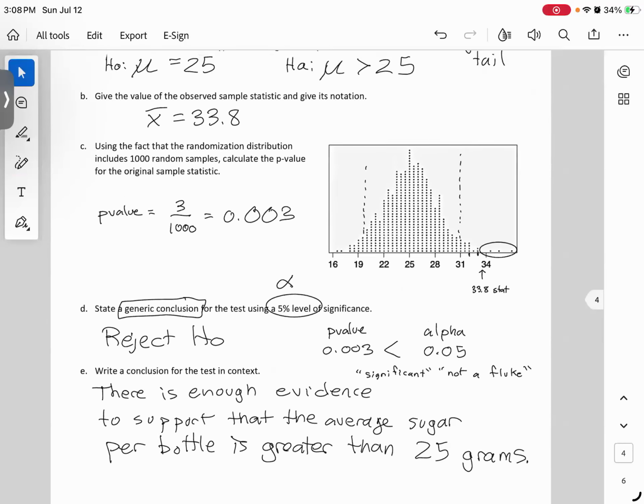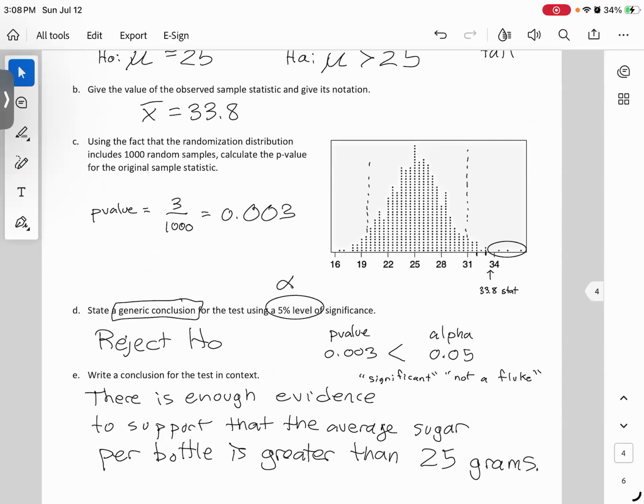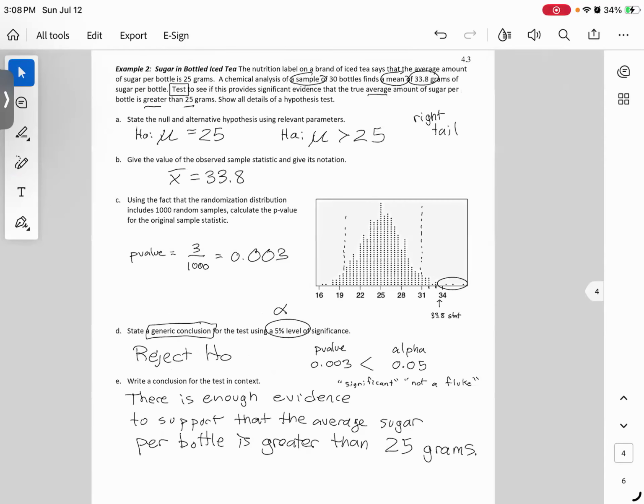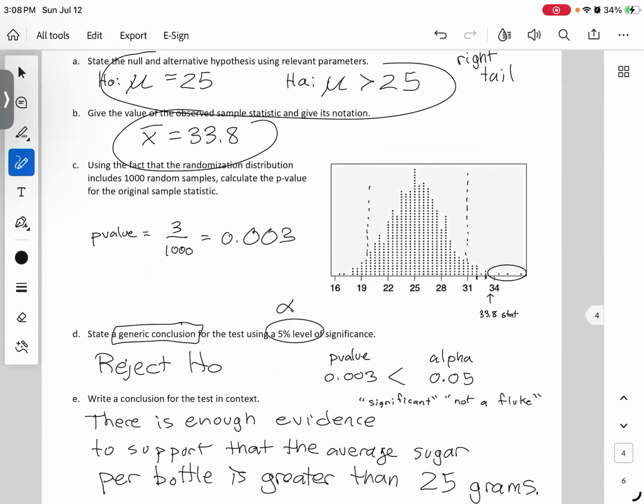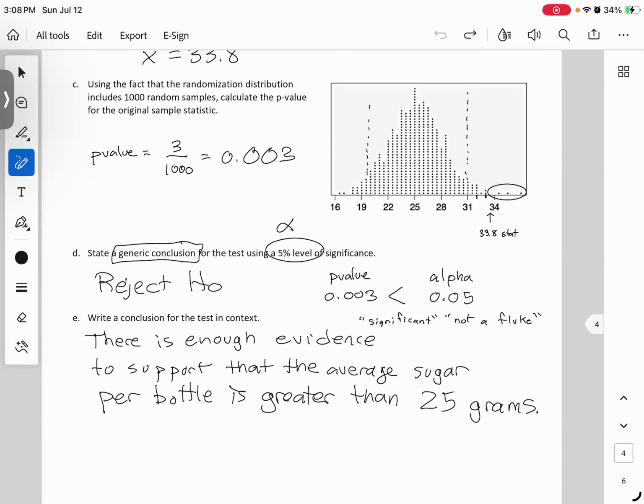Now, the reason why it's important to end with that conclusion with the words is because if you look at everything that we've done before up to this point, there's nothing really in what I circled there that tells us what the study was about. So all we would see is mu, 25, 25, 338, this p-value, and have no idea what the study was about. So the ending is really just to put a recap